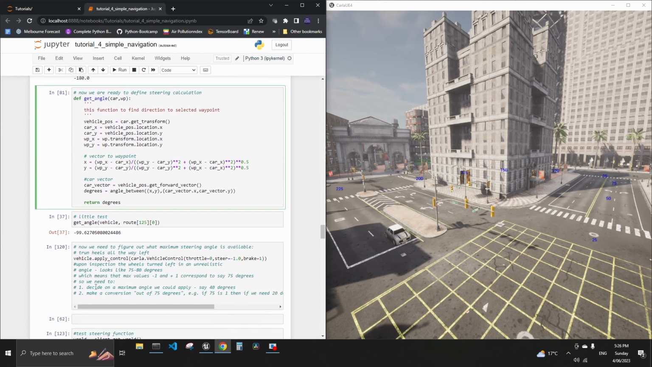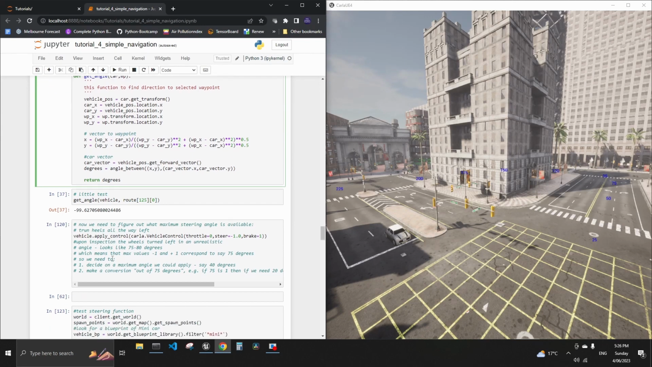And then if we test it, for example, here, if we test it against waypoint 125, it gives us minus 99 degrees, which is exactly what we expect. So great, it all works. And then